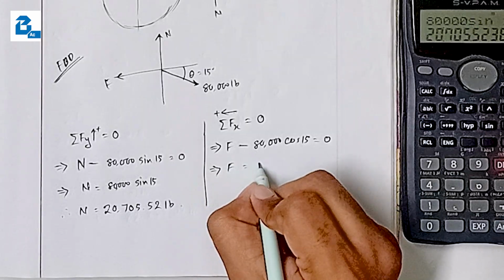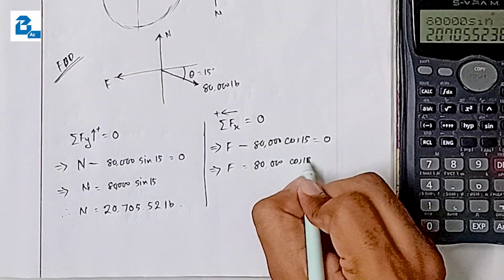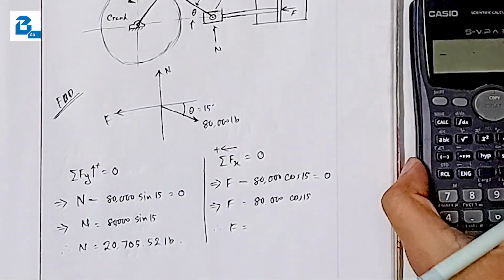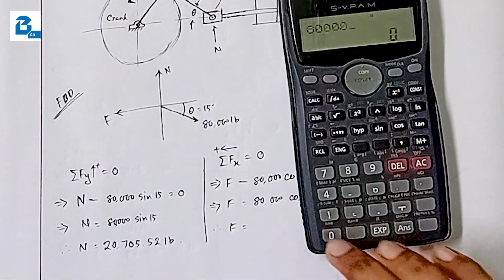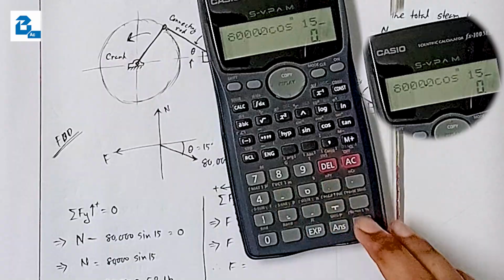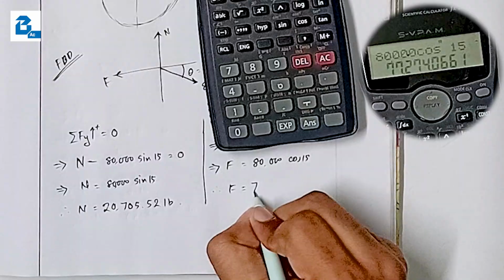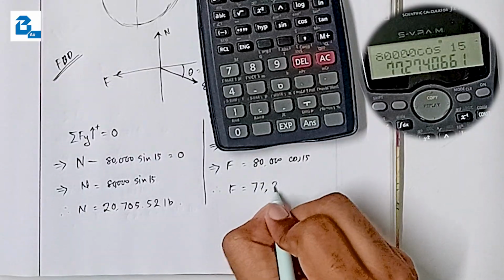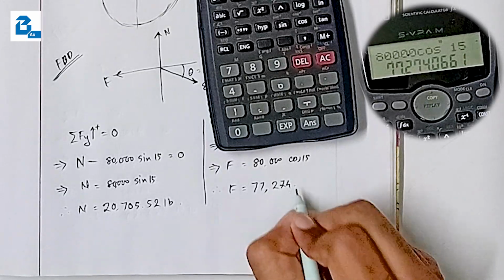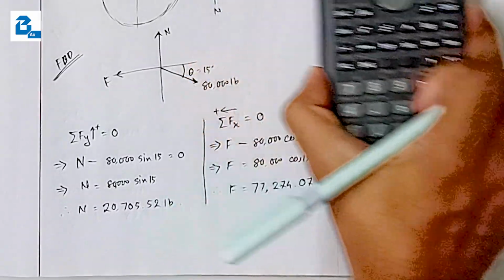Then F equals 80,000 cos 15 degree. Therefore, F equals 80,000 cos 15 degree. We will get 77,274.066. So we can write it as 0.07 pound. And that would be the